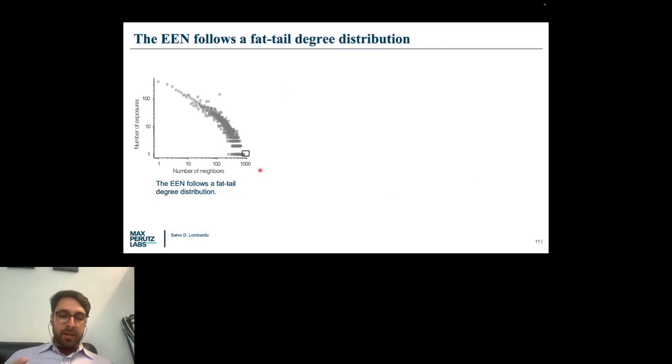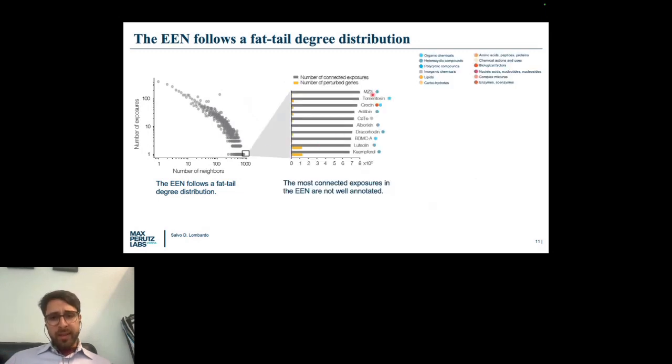But when we look at the rich, in this case the hubs in the exposure network, and zoom in on them, we observe that most of these exposures are fairly unknown exposures, and you can also see the number of perturbed genes for each of them, which is not a lot,